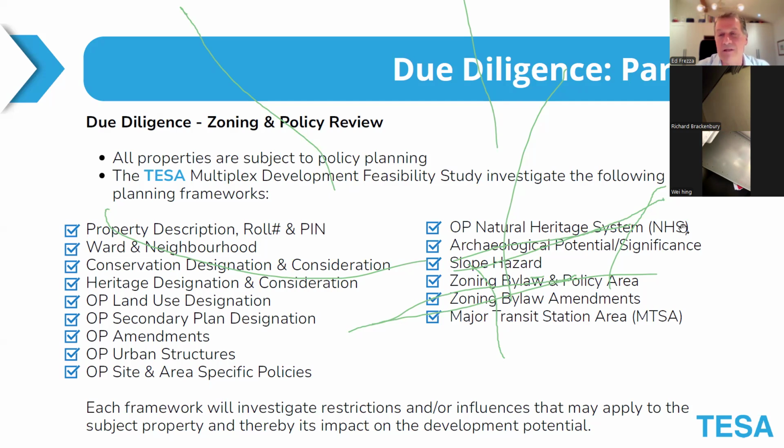So I've listed only some of the many different layers that your property has to pass, and we filter through all of this to see if there are any red flags that come up. So things like official plan, ZBA, TRCA, the Toronto Regional Conservation Authority. What if your property's in the floodplain? What if it's historically designated? What about archaeological concerns? What if there was a cemetery nearby or something? All these issues we have to pass and filter through to make sure there aren't any issues that will come and stall the project later on.